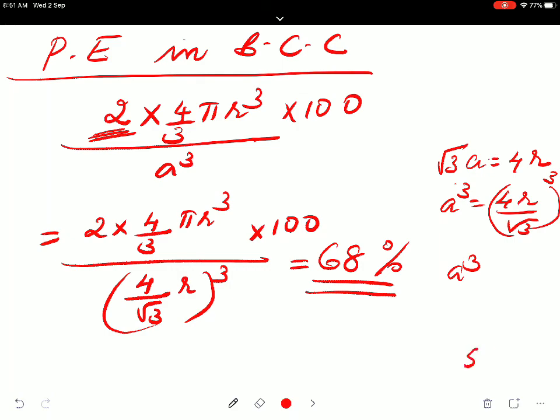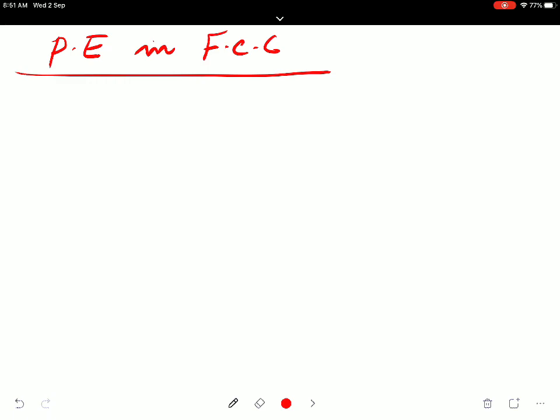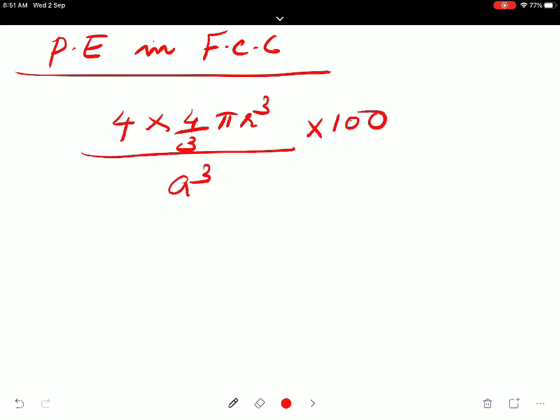Previously it was 52.4%. Now it is 68%. Similarly, you can calculate for FCC. To calculate the packing efficiency in FCC, here the number of atoms present is 4, that we have seen, into 4 spheres. 4 into 4 by 3 pi r cube divided by a cube into 100, which is equal to, what's